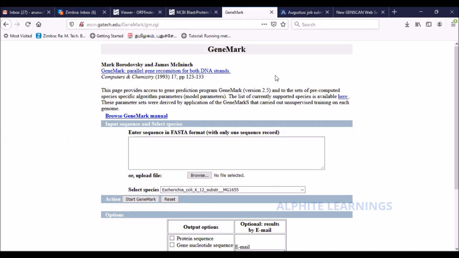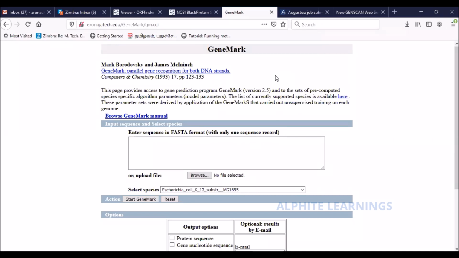Here, we assume that you have some length of DNA sequence, and you don't know which one is the gene there, or whether it has some gene or not, first of all. Say you have some 6,000, 7,000 nucleotide sequence. You have randomly sequenced some part of the chromosome, and you want to know whether that region has some gene or not.